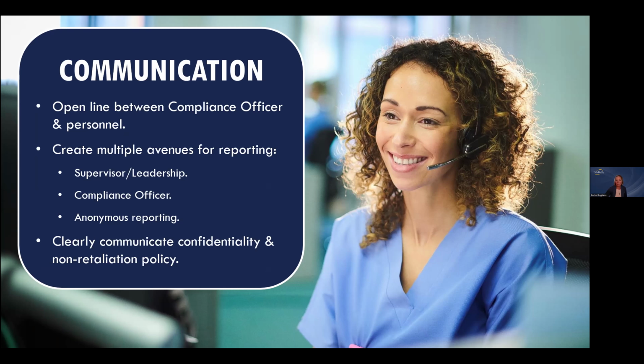And I know that for any of you on this call that wear that compliance hat, you probably receive calls or concerns or complaints that might really not be what you would consider a compliance concern. And that's okay. We would then bring in other departments or individuals to help address those things, such as HR or legal or another department, and you can then turn that over to them to take the lead in addressing that concern. The important thing is that we have a method for reporting and that individuals at the organization are utilizing that.